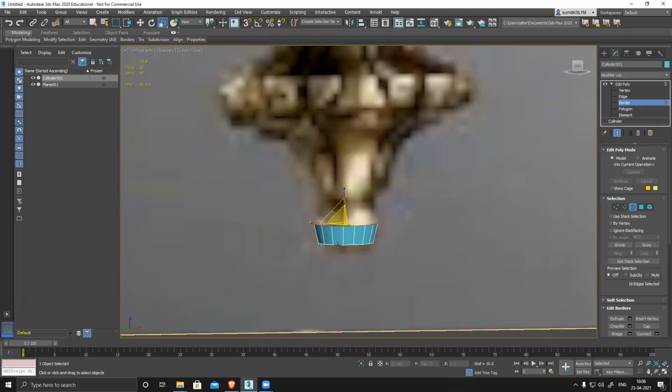Scale it down slightly, and to extrude, shift and drag, then scale it down. Like this, manually I can create this thing very easily.